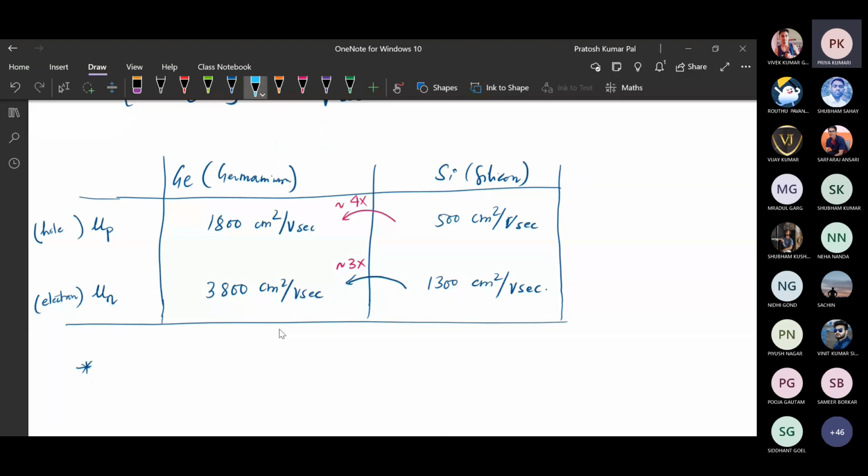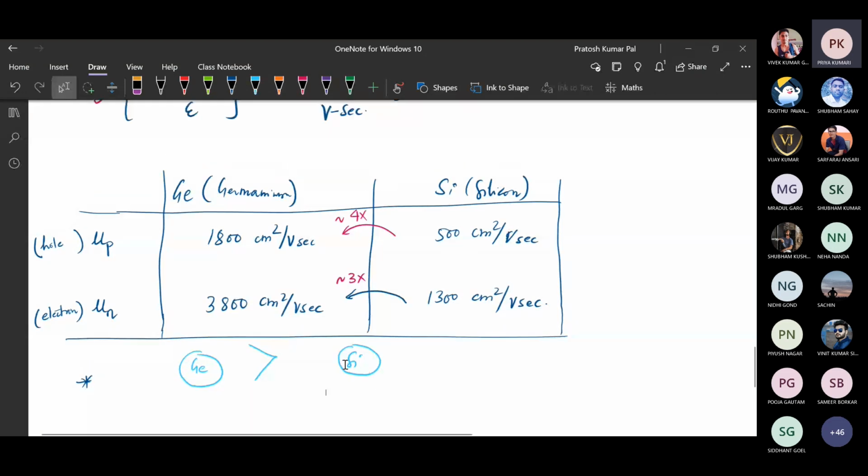Okay, so one germanium device is there, another one is silicon device. As the mobility of germanium is high, the device made of germanium will have high mobility. So if the mobility is high in case of the germanium device, it will have a faster mode of operation than the silicon device. Because in the silicon device, if the mobility is low or small, the operation of this silicon-based device will be slow with respect to the germanium-based device.